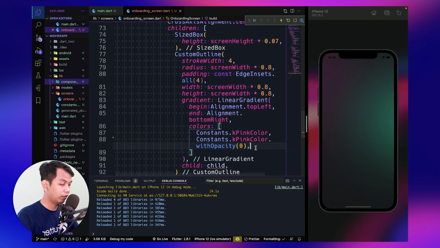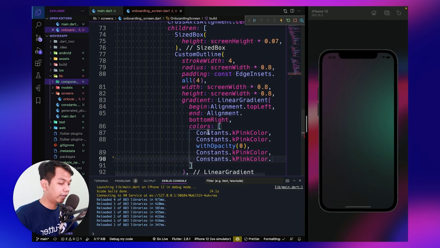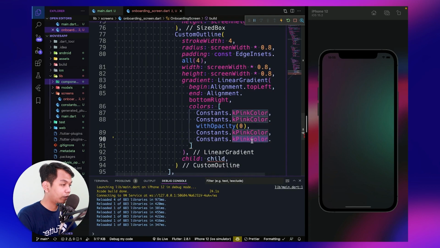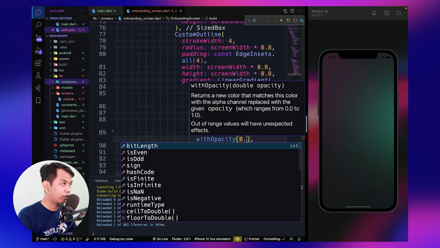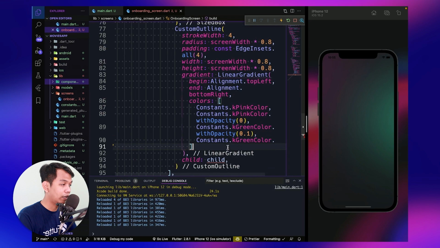So maybe we just need to copy this and remove this one. For this, change to green color, these two green colors. For the opacity of this one, make it 0.1, like this.